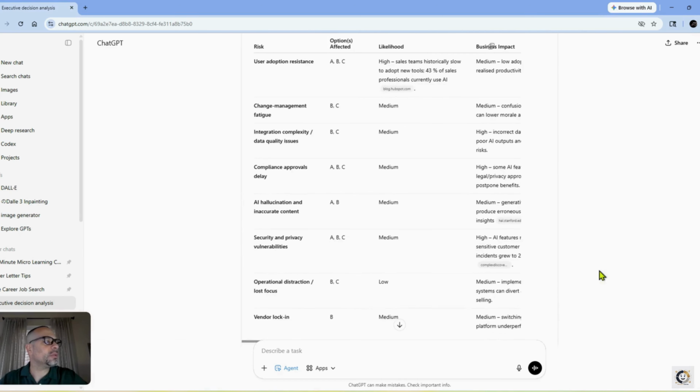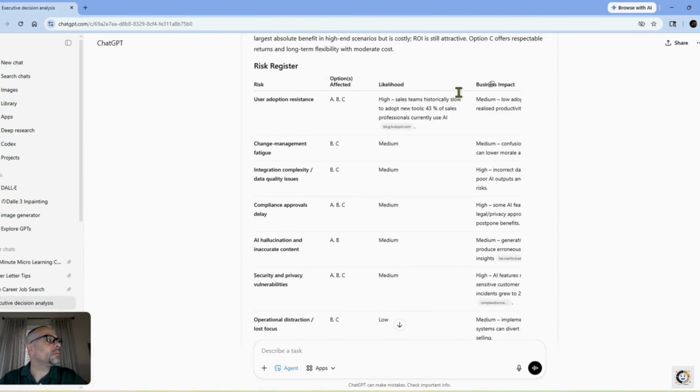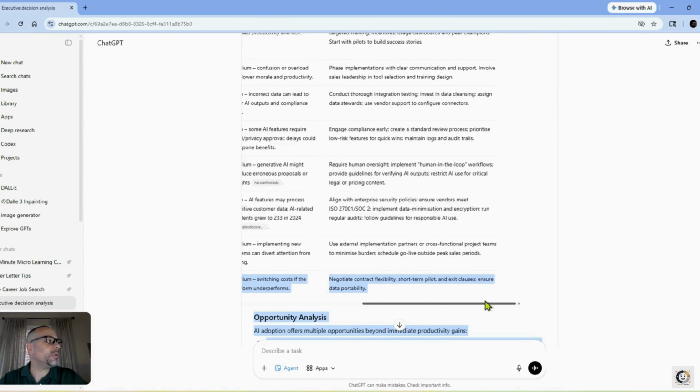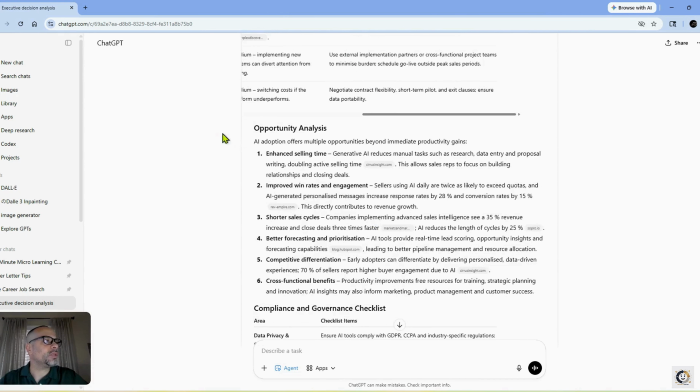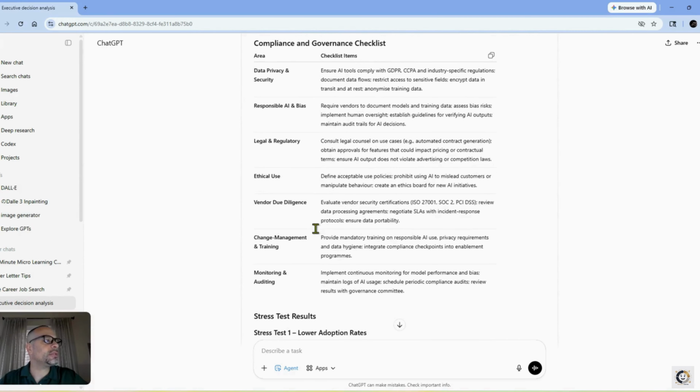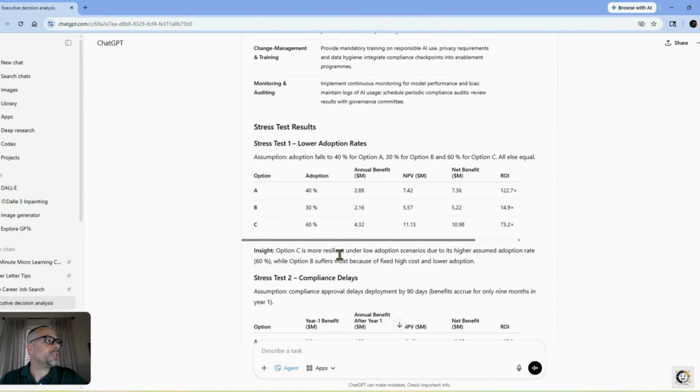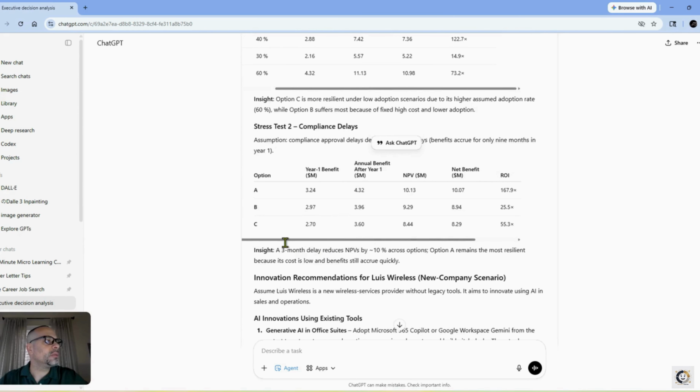You have your risk register. Go down a little bit so I can move it over. So what do we have here? We have risk, likelihood, business impact, and then I want to see what we have at the end: mitigation strategy. So over here you have your mitigation strategy. You got your opportunity analysis, compliance and governance checklist, your stress test results, stress test 2, your compliance delays,